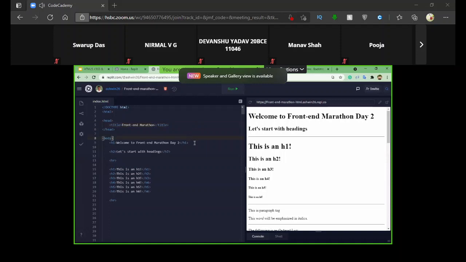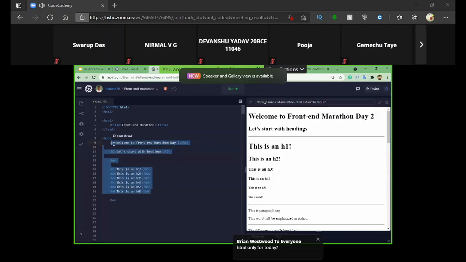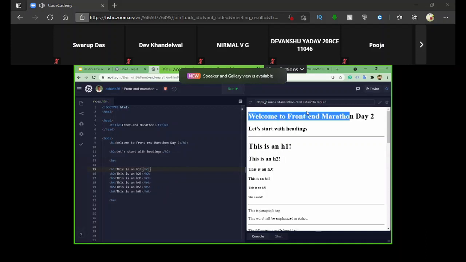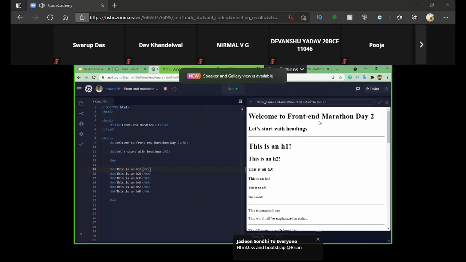Moving on, let's start with heading tags. In heading tags, we have around six tags, and each tag has a smaller and smaller size. As you can see, the first text displayed over here is Welcome to Front End Marathon.